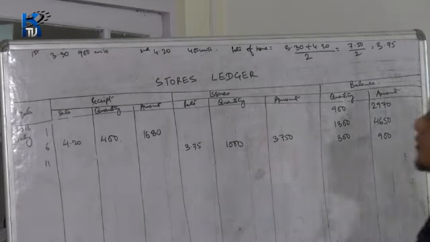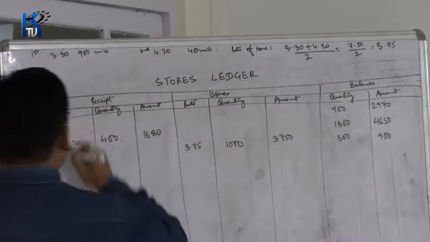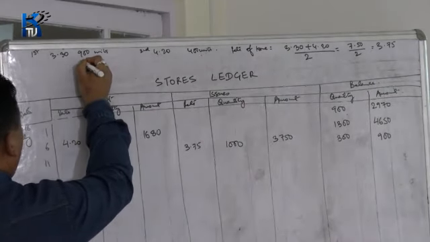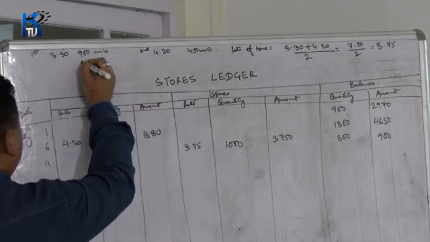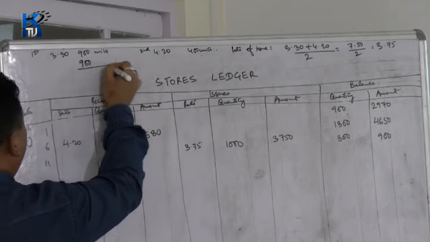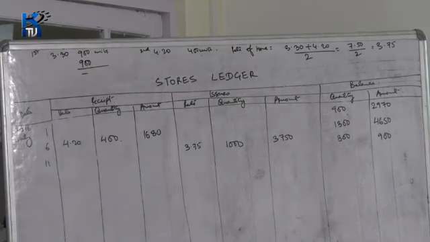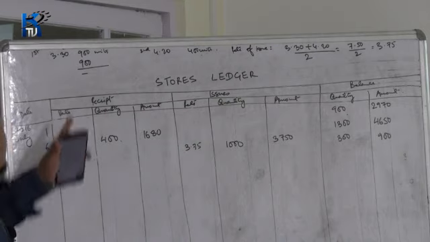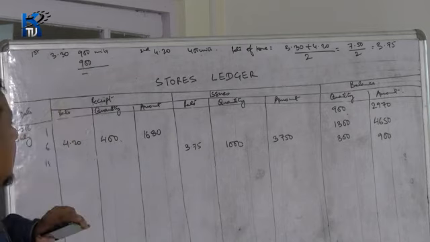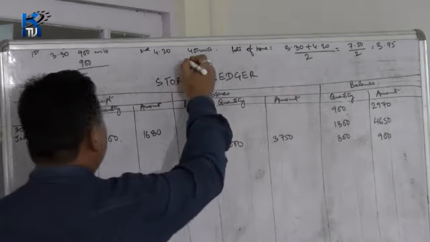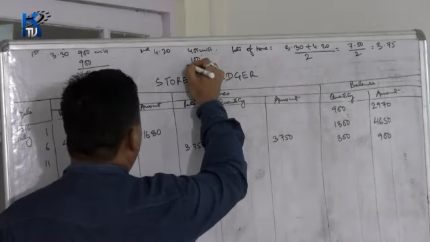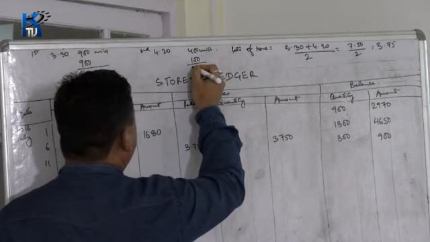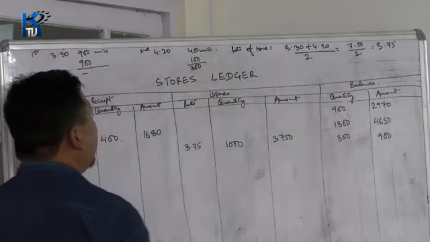Now make just a brief working out of it. Of 1000 issued, let's assume 900 units were issued from the first batch. So now there is no first batch, all the materials have been issued, and 100 units have been issued from here. That means from the second batch 300 units are remaining.